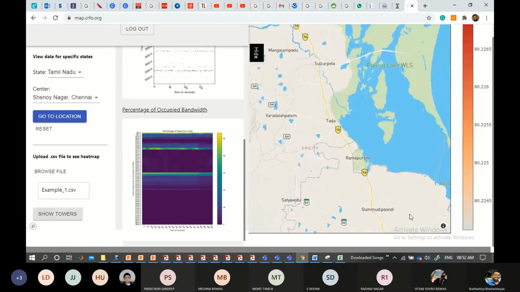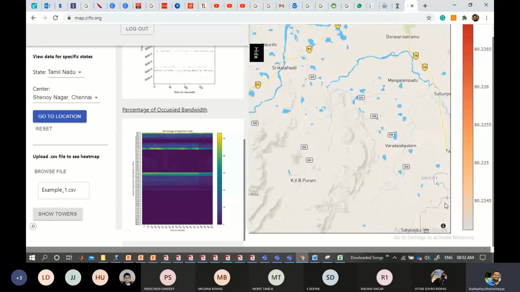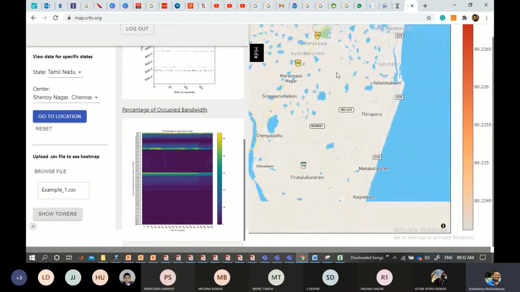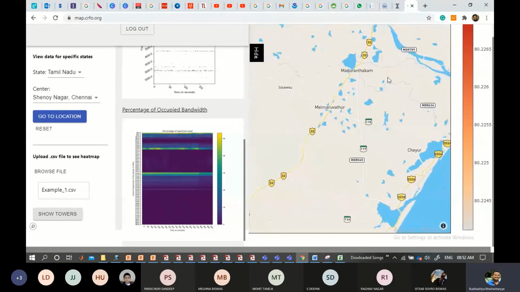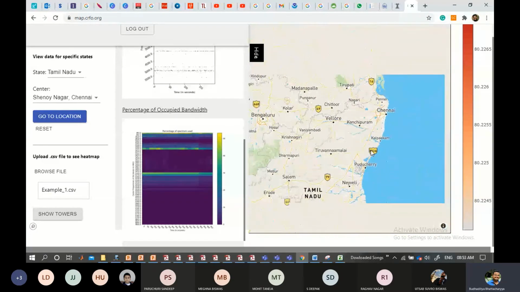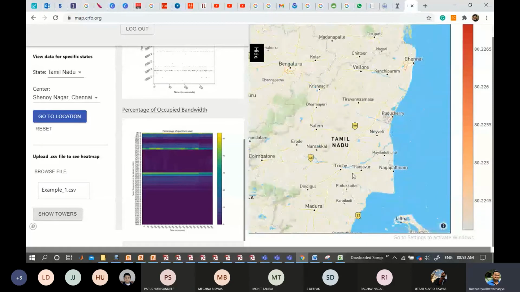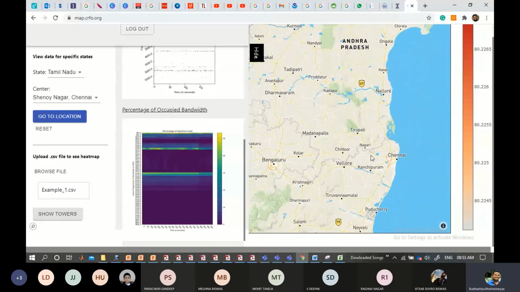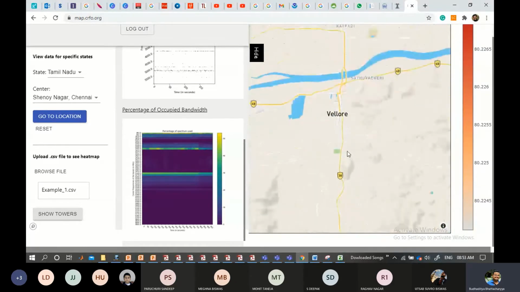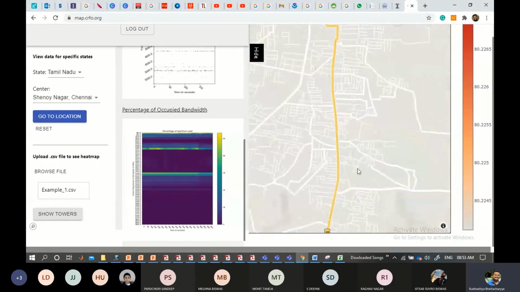Okay, where is it? The Vellore, it's downward, right? Yeah, I am looking at it. Wait, because there will be a blue dot which should come. Where is it? This is Vellore. Okay.